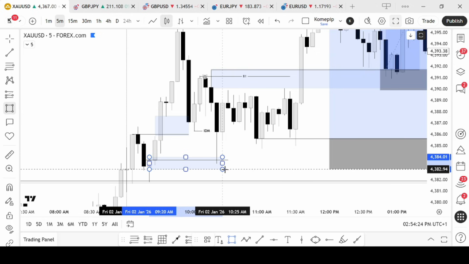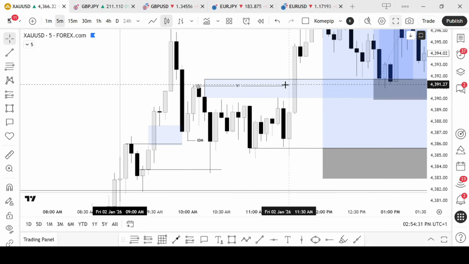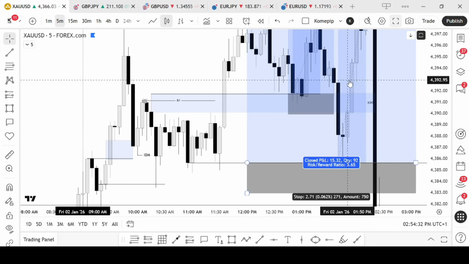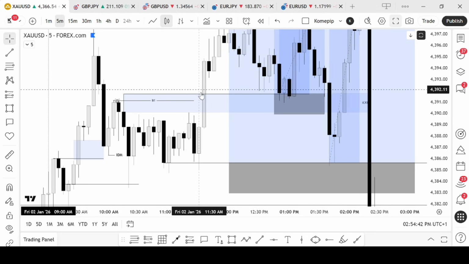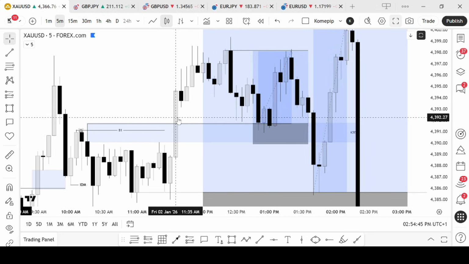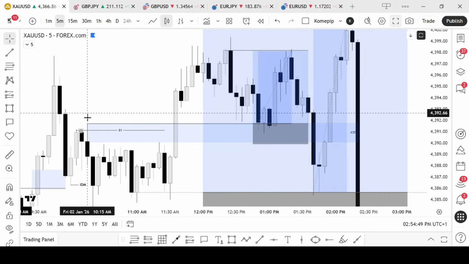This is model 2 actually, but we'll not go about that for now. I'm just trying to explain this particular setup that we took so that every one of us can understand this. So now that we have a break of structure on the 5 minutes, what else? I was expecting price to just come and do what? Respect this